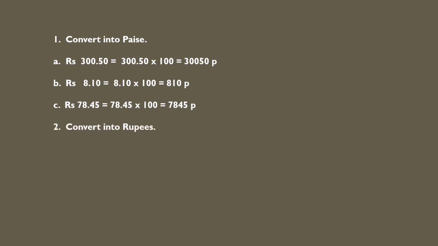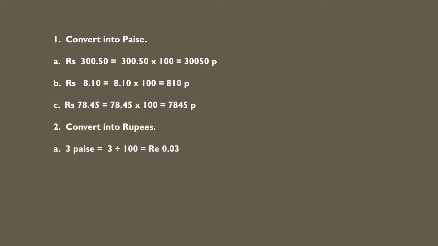Then children, convert into rupees. Now paisa will be given to you. You have to convert into rupees. As you know, paisa is bigger than rupees. What you will do? You will divide by 100. 3 paisa is given to you. So divide it by 100. So you will write